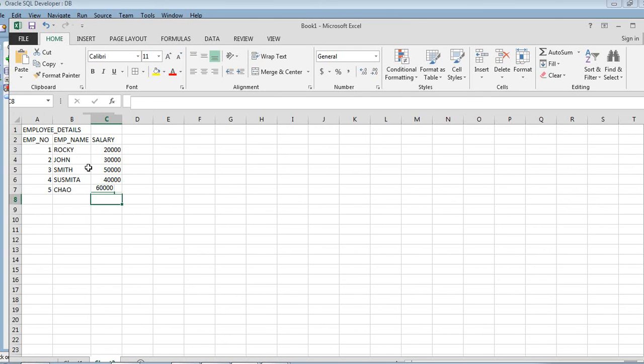So let's assume you have this table where the employee data is present: employee number, employee name, and salary. They will ask you to retrieve the name of the manager of the employee. The condition you have to satisfy is that the salary is equal to or greater than 50,000.